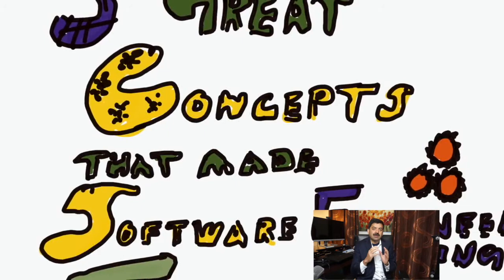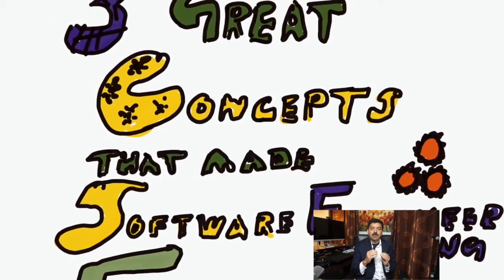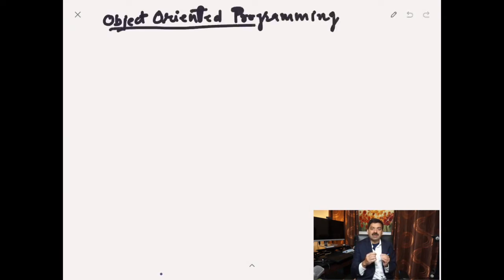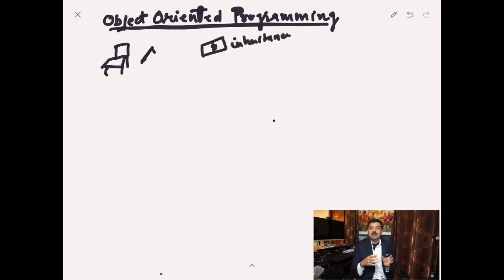The first great thing that happened was object-oriented programming. Object-oriented programming is a programming model where you program around classes and collections rather than procedures or logic. You map real or abstract things like a pen or chair in software code, and it gives rise to concepts like inheritance, polymorphism, and abstraction. I will explain them a little bit later.